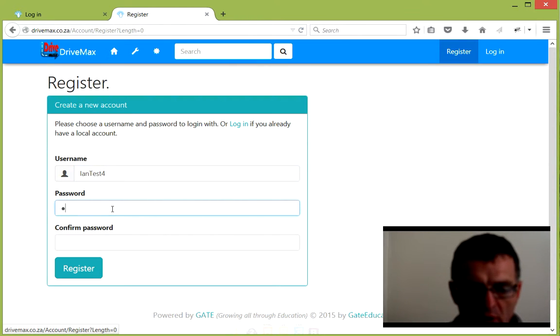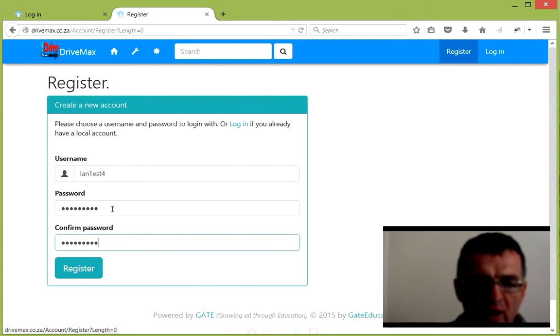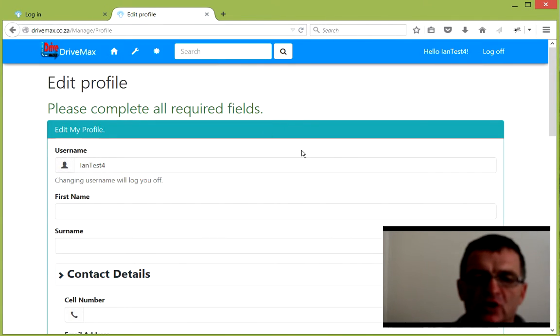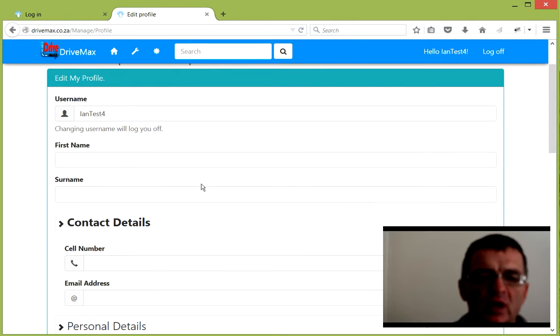test 4, and the password needs to be at least 7 digits long to comply with POPI, the Protection of Personal Information Act. Then it takes us into the Edit My Profile, which we'll see later on is also accessible through the